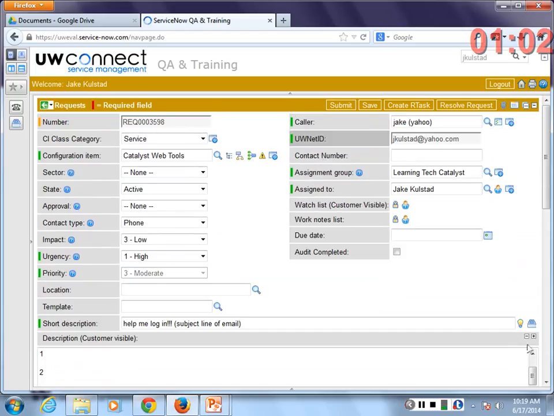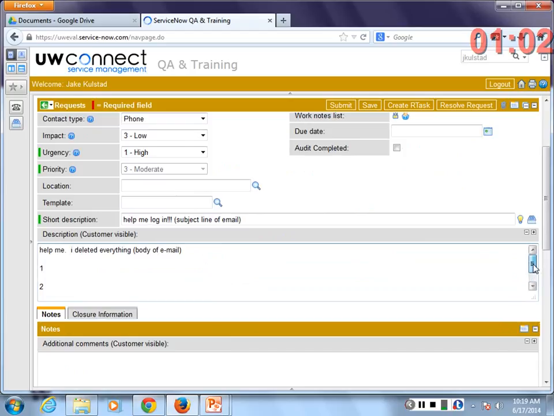So envision here, I've got a record that came in. This is the subject line of their email, and this is what the customer has reported to me. An email to help@uw.edu. Sound okay? Great. Okay, I'm going to pause, and we're going to talk a little bit more about save, submit, create, and